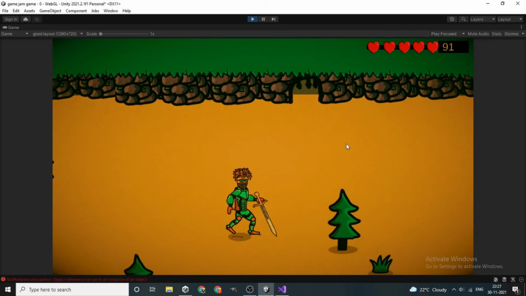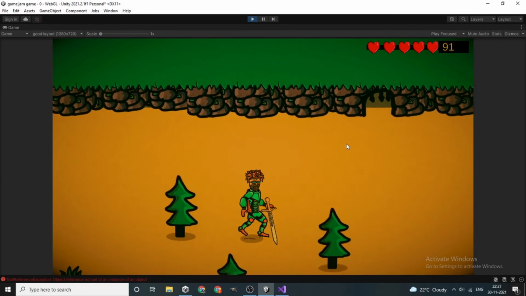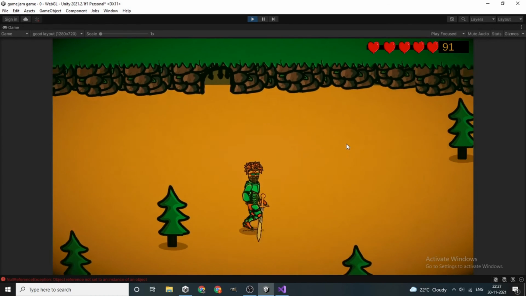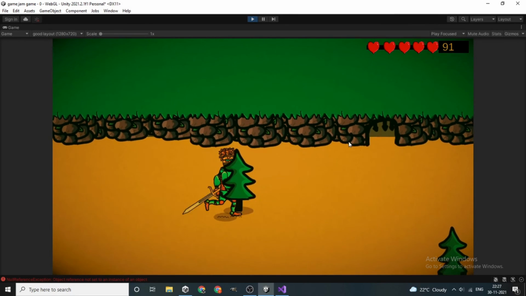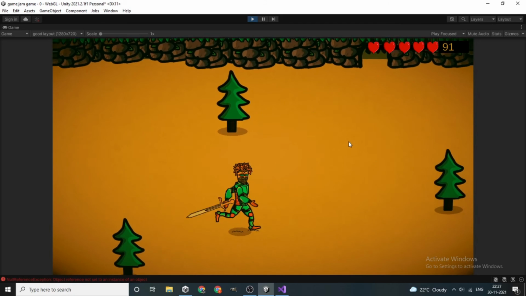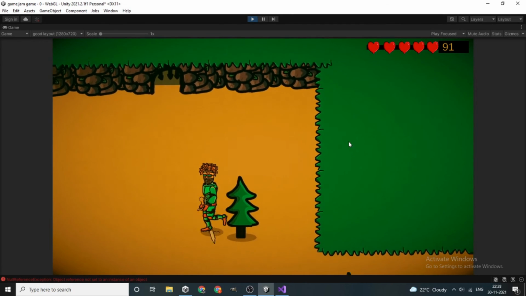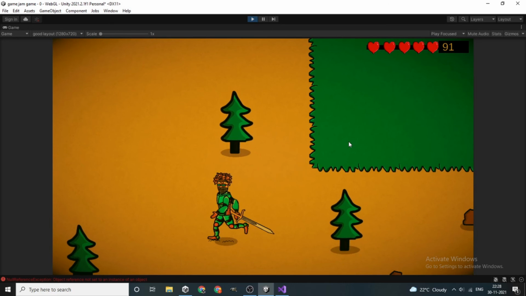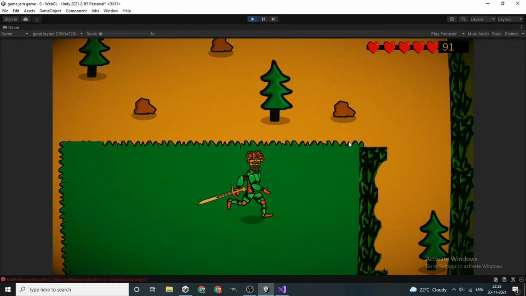So I give you kind of an assignment. Just try to figure out how to make a damage system, because I haven't elaborated on that this time. I will be releasing the video of how to make a damage system next time. So check that out, okay? Then you will be able to tell whether you were correct or not.